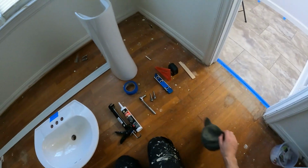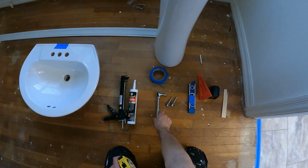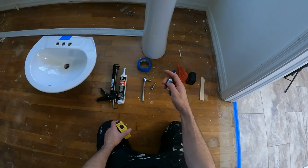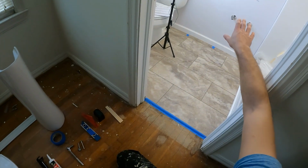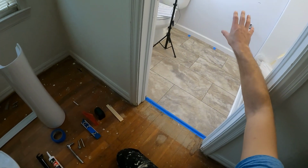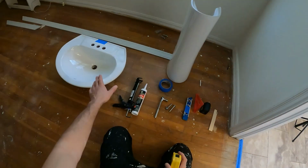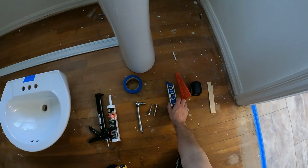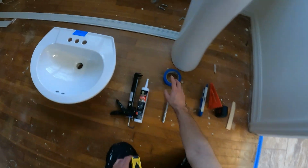We're going to walk you quickly through the tools we need. We will need some silicone, a ratchet, and for this application we can use lag bolts with the washer. When the bathroom was remodeled, there was actually a board nailed between the studs, so we should have enough surface area. And then we need a level, the laser level as well, to find the middle, and a tape, of course,